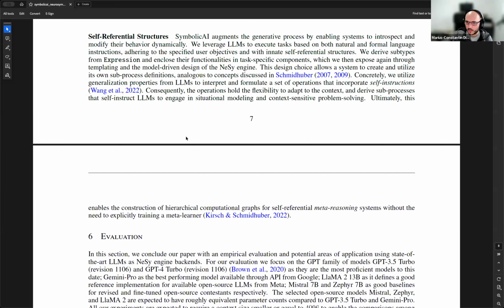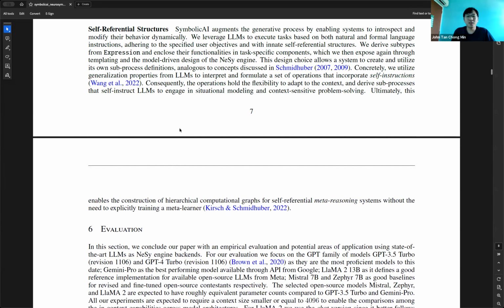Yeah, it depends on how you want to use it in the end. But the idea is obviously to enable it to have this self-referential structure itself. Nice. I think we spent quite a lot of time here because this is an interesting point. I don't think we discussed much on this the last few times, but it's interesting that you could use the SymbolicAI tool and call the same tool as the tool that called it.